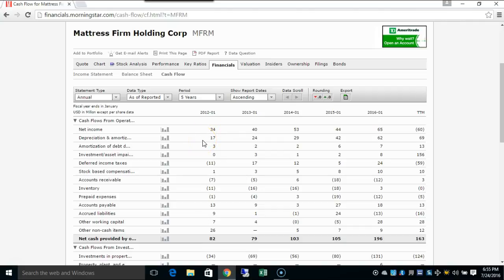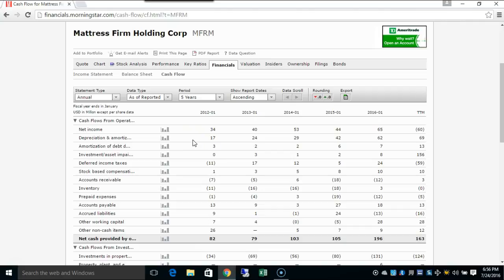We add in depreciation and amortization expense because depreciation and amortization expense is an expense that reduced our net income. But it's simply a paper expense. We didn't pay cash for depreciation, and we don't pay cash for amortization. They are accounting charges against net income. There's no cash basis there. So technically, our net income, if it were to represent cash, would have to increase because depreciation and amortization reduce net income, but not on a cash basis. So we add that back to